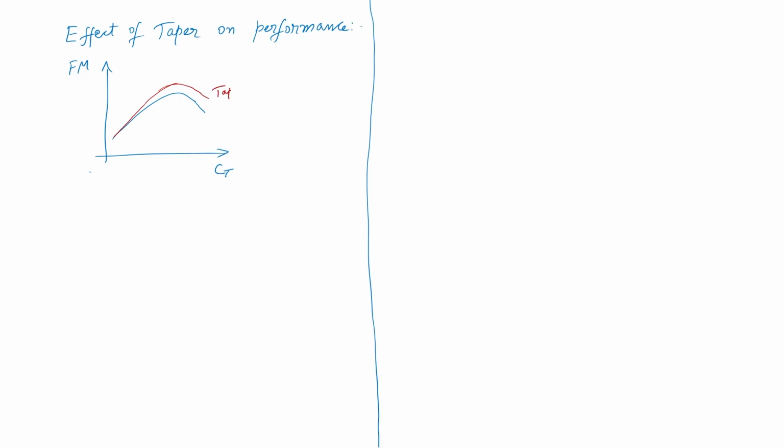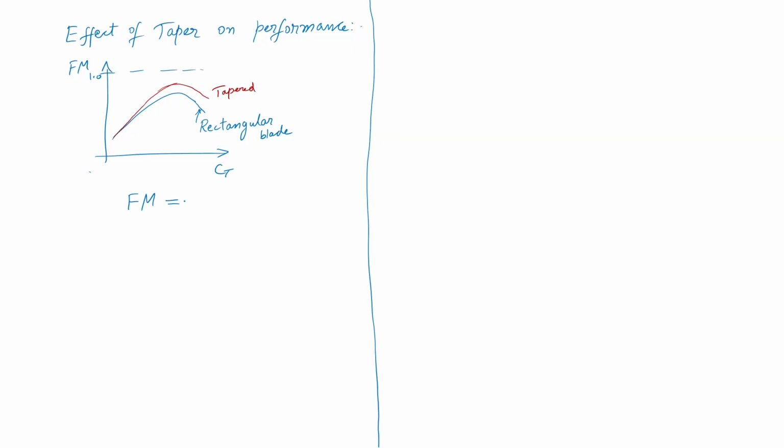So, this is my tapered, and this is my rectangular blade. And this is my ideal figure of merit. So, tapered blade may have slightly higher, I mean of course, my drawing is slightly exaggerated, the difference may not be this kind of dramatic, okay. The actual difference may be much smaller, but tapered blade will have slightly better figure of merit. Question is why?